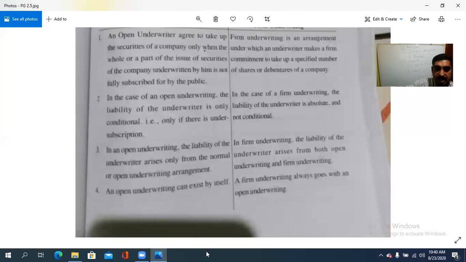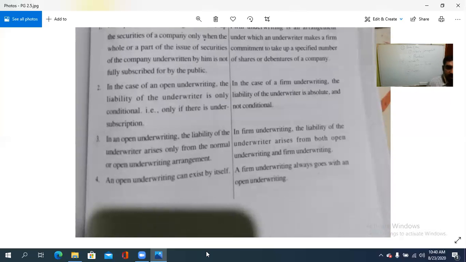Then, third is, in an open underwriting, the liability of the underwriter arises only from the normal or open underwriting